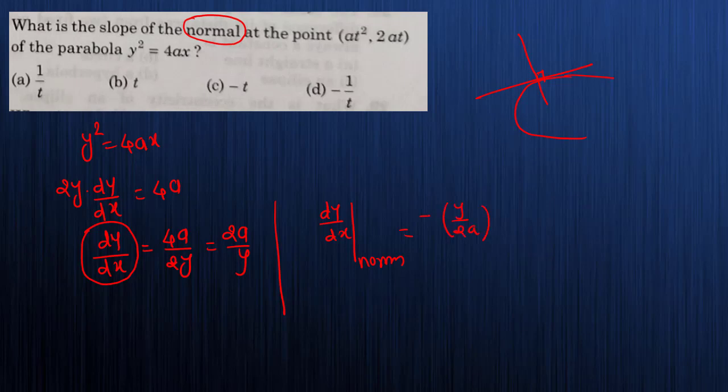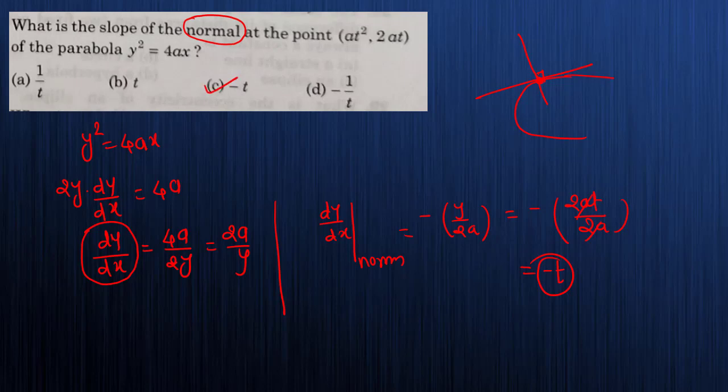Okay, so substitute the values, जो भी values दिए, वो 80 square and 280 at this point पूछ रहे हैं ना, just substitute the values. So y कितना है? It is 280, and what is x they have given? It is 80 square, so no need of x, so 2a substitute करो. So 2a cancel, so what is the answer? It is minus t is my answer, so option number C.